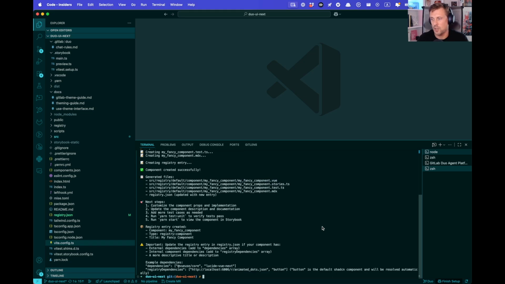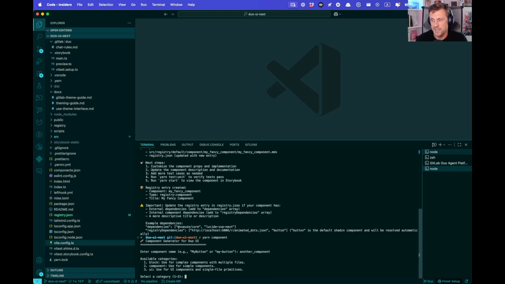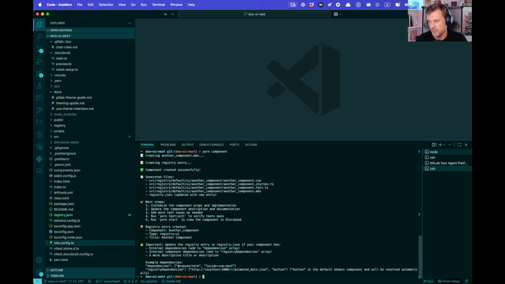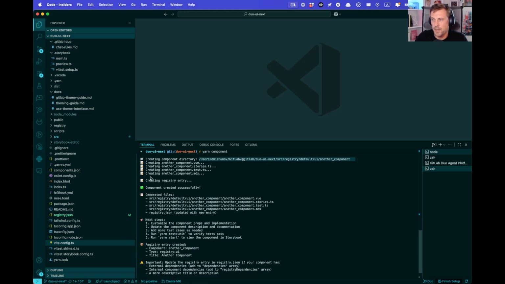If we would go and create another component and say, let's say UI, so that it is going to be some very tiny thing, it would create the registry default UI, another component. This is the folder for our component, right? So it created